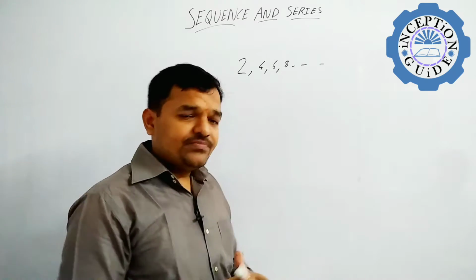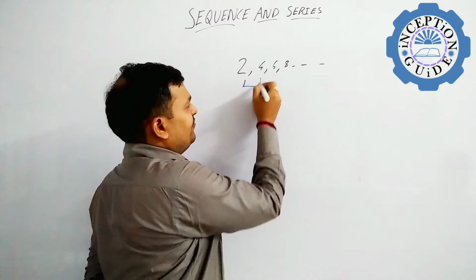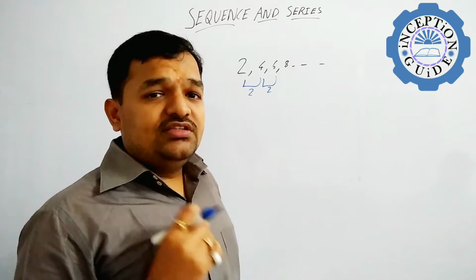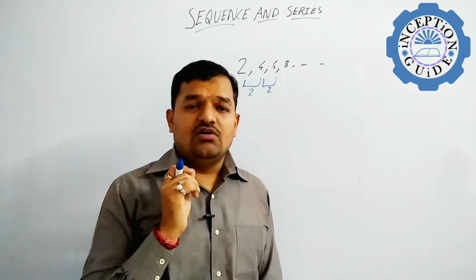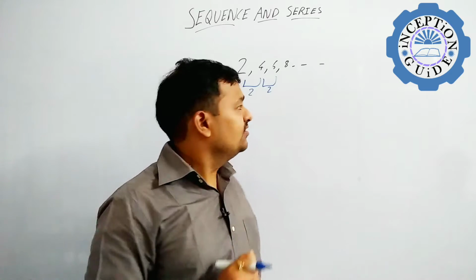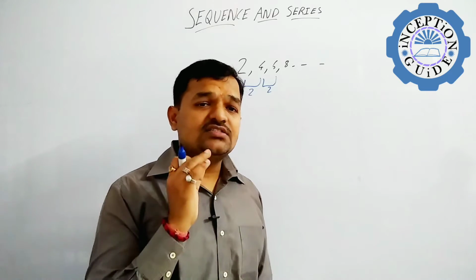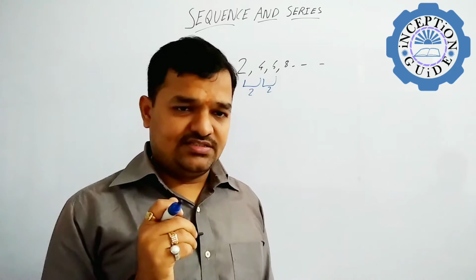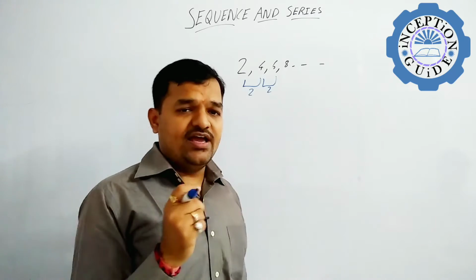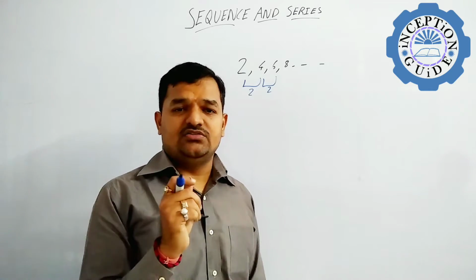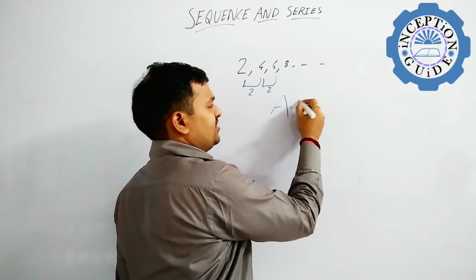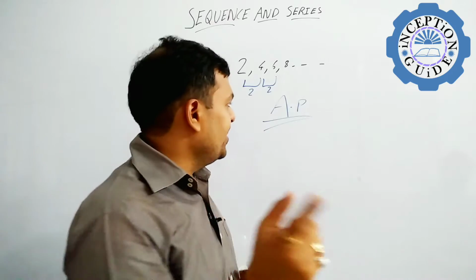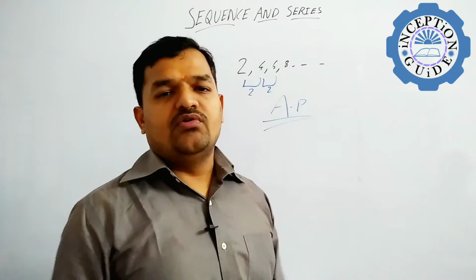In this pattern, as you can see, the difference between consecutive numbers is 2, and the next difference is also 2. So these types of series or sequences in which the difference is common, that is known as common difference. If any sequence has a common difference, then that sequence is known as arithmetic progression. So students, we are going to study one such sequence today, that is arithmetic progression.